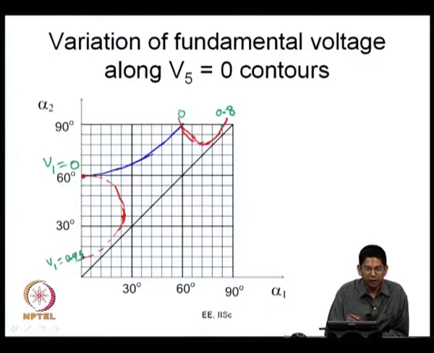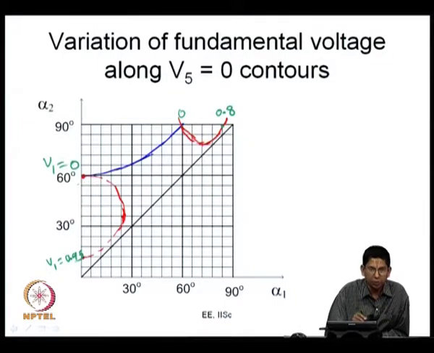So, this is how it varies. As you move along this curve, you are coming within this area. So, your V1 is actually increasing a little and you are going all the way up to V1 equal to 0.95, and here you are going up to 0.8 now. So, what does it say? V1 equal to 0.95 is the highest value